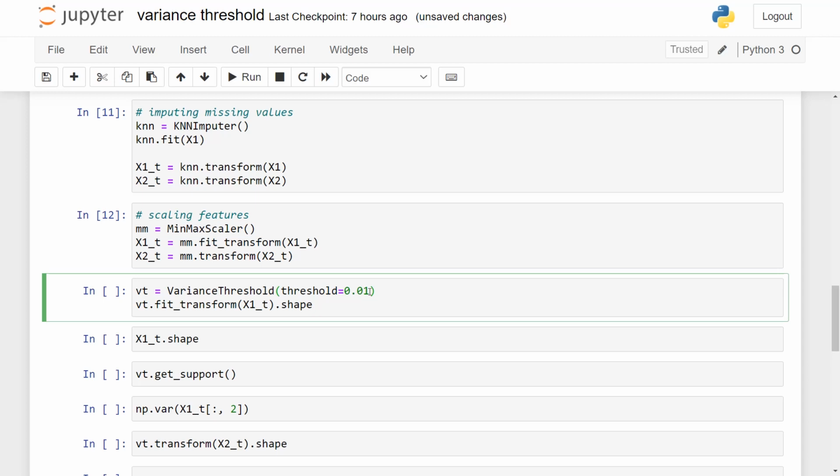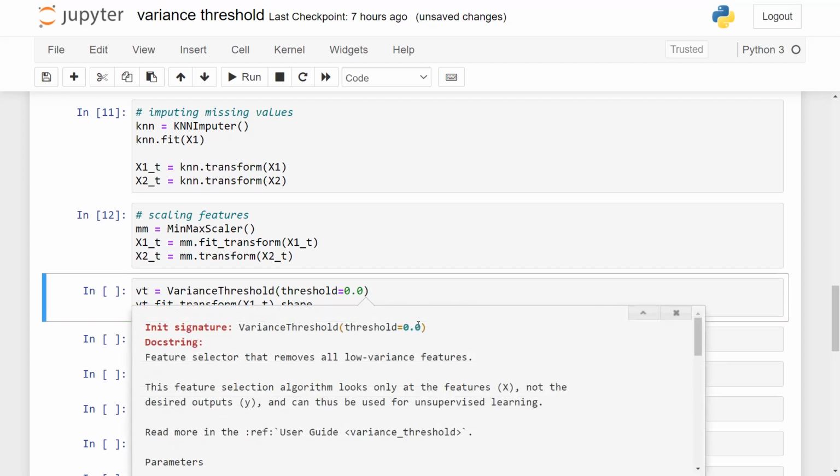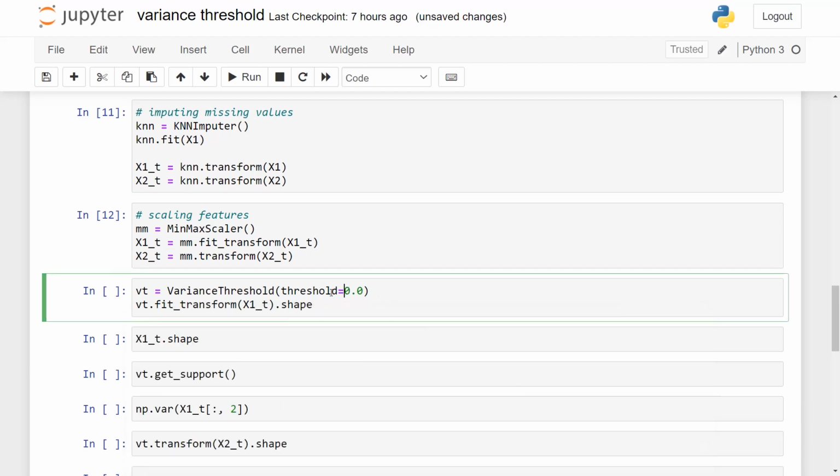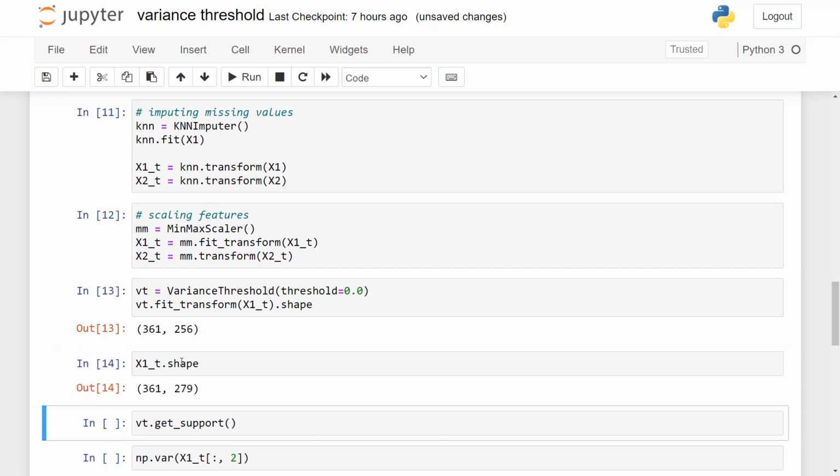By default, the threshold value is 0.0. If we check the documentation, it is 0.0, right? If we let it be 0.0, and if we fit and transform the training set and check the shape of it, it is 256 columns, and originally x1_t had 279 columns. So even by doing nothing, even by just removing the constant columns, we are trimming down 23 columns, right?